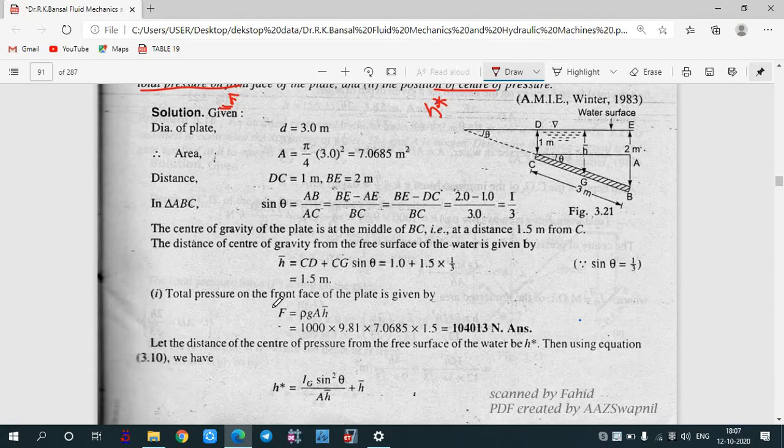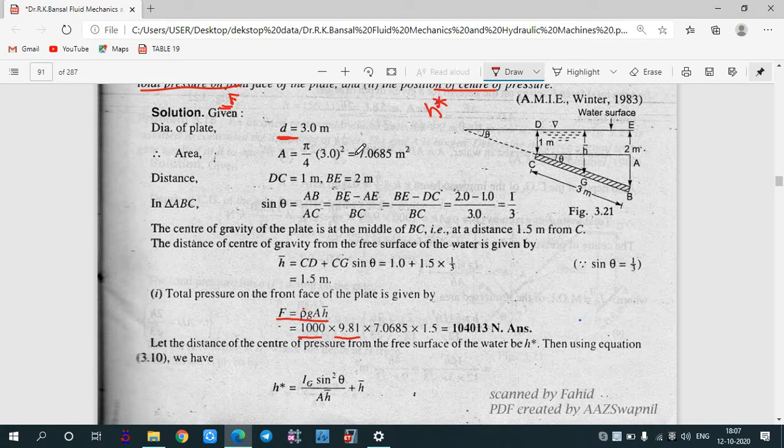So this is the force formula, rho g A h bar. One by one we will see what are the values required to calculate force. So first thing is your density. As I have told you, it has been submerged in water, so the density value will be 1000, and g is 9.81. Okay, and area. Now we'll try to calculate the area. Since we have got a circular plate, the diameter is 3 meter. So area will be what? Circular section having area is pi by 4 d square.